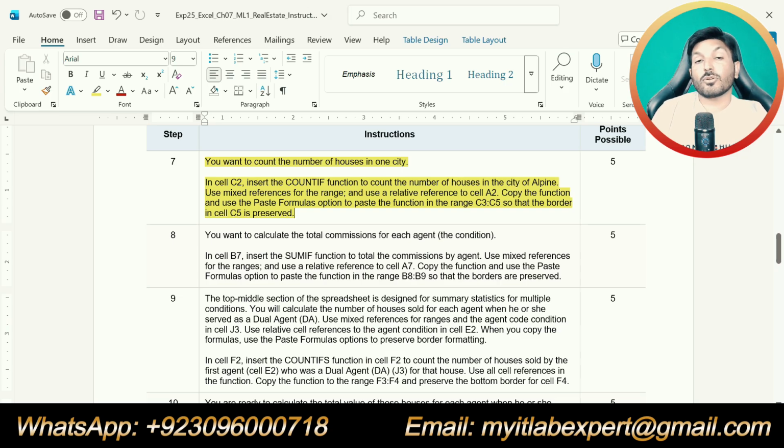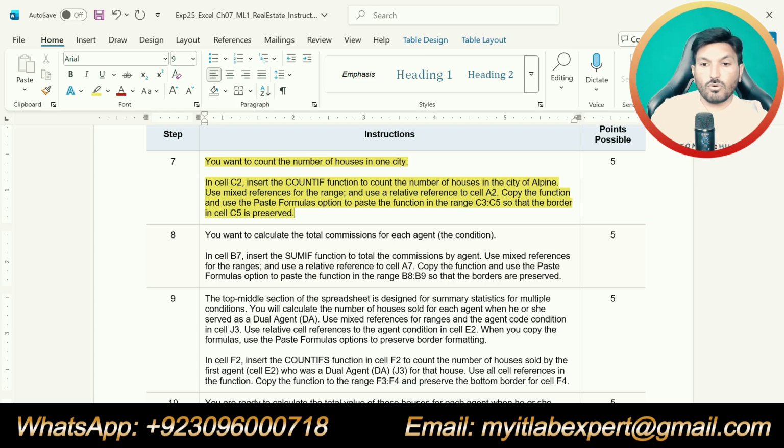Use mixed references for the range and use a relative reference for cell A2. Copy the function and use the paste formulas option to paste the function in the range C3, C4 and C5, so the C5 border is preserved.